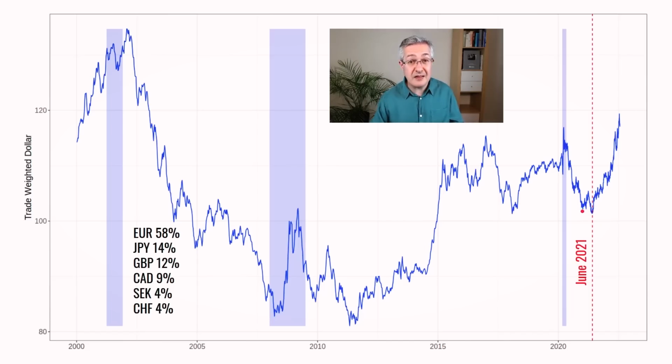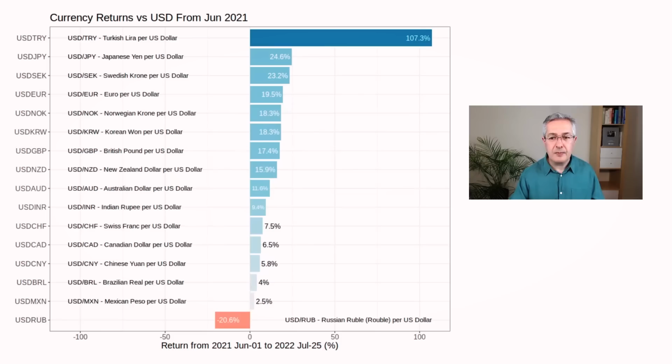Now notice that since the trade-weighted dollar reached a low in June of 2021, it's been accelerating upwards very rapidly. And that's because the dollar's been strengthening against this basket of currencies. If we do break it down to single currencies and we look at the returns since that low point in June of last year, the size of the moves have been absolutely huge for major currencies. So the dollar's gained about 25% relative to the Japanese yen, 23% versus the Swedish krona, and about 20% versus the euro. And for UK investors, the 17% appreciation of the dollar has actually helped us because it reduced our losses for US equity.